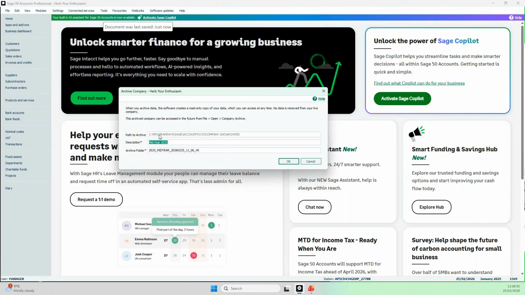So you can see here the path to the archive is grayed out, so you can't change the path to the archive on there. That's just because it saves alongside your company data. But you can change the description. So I can leave it as mid-year 2025 if I wanted to, because I'm in my financial year, January 25